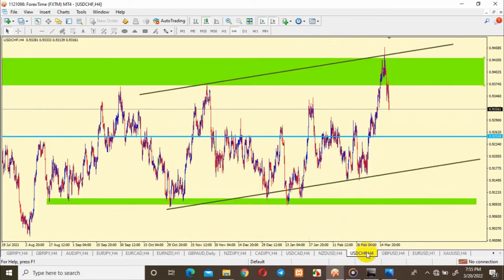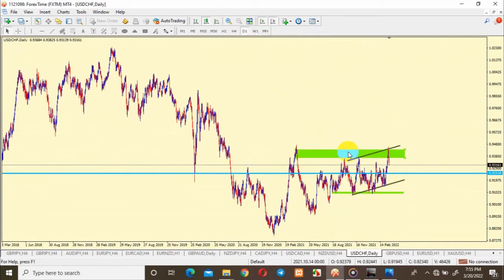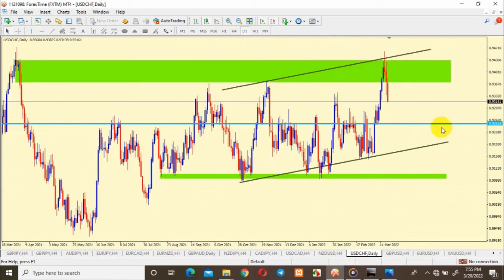Okay, let's go to USD CHF. From my chart here, you can see how price have acted in the zone. Look at it. This is a strong sell zone. Now, look at what happened there. If you look at here, you see that